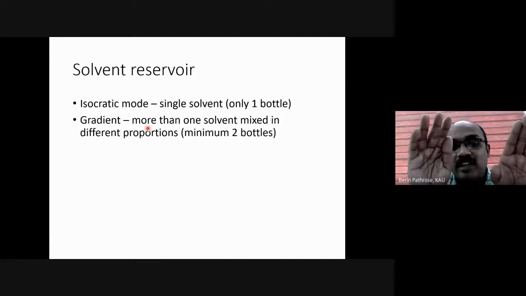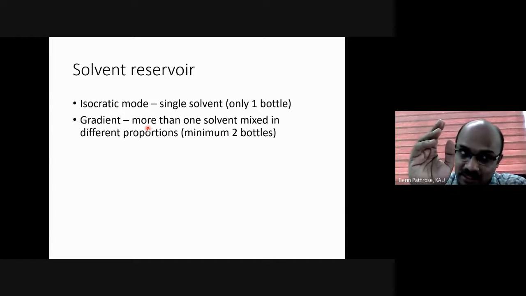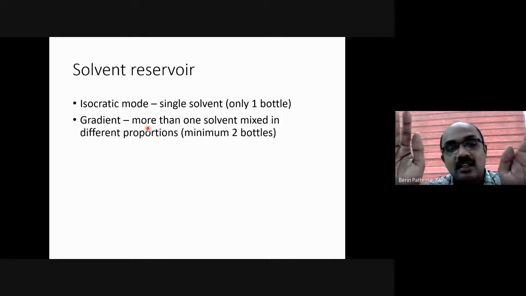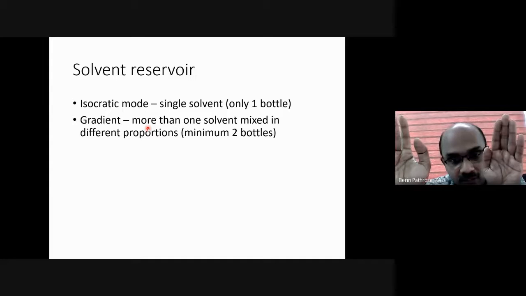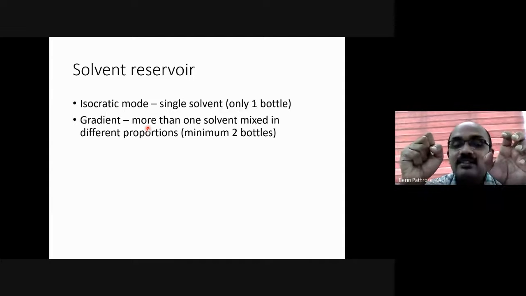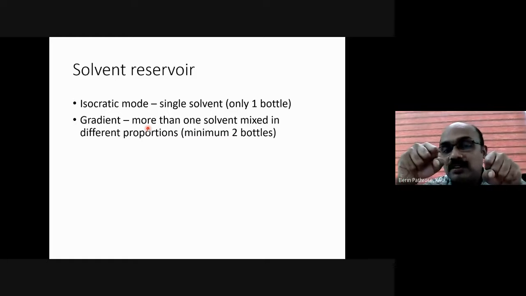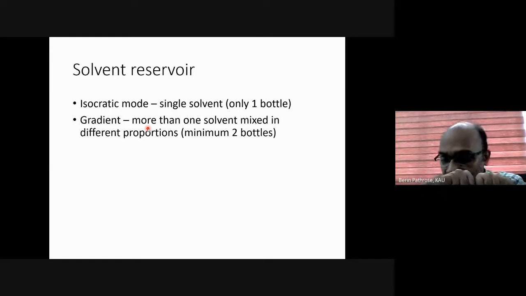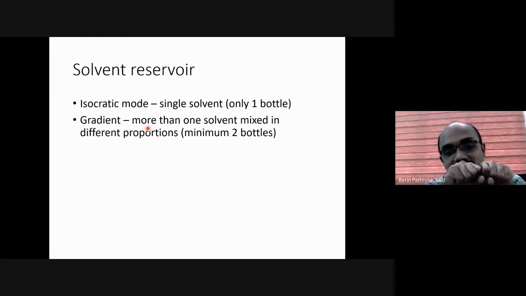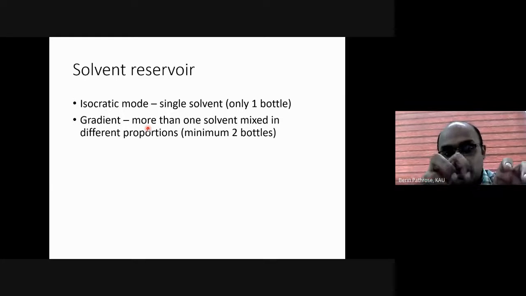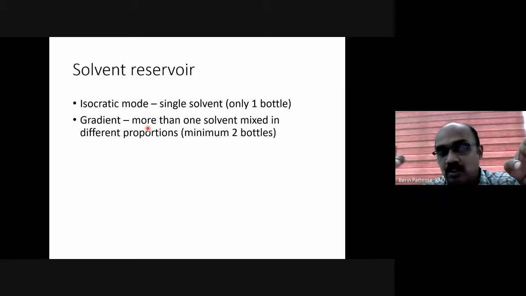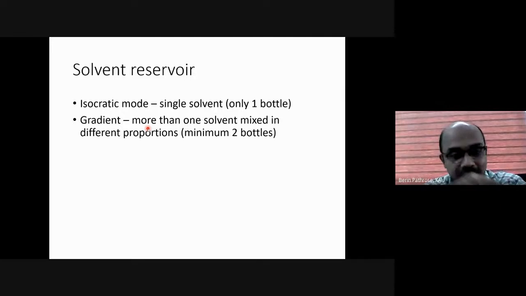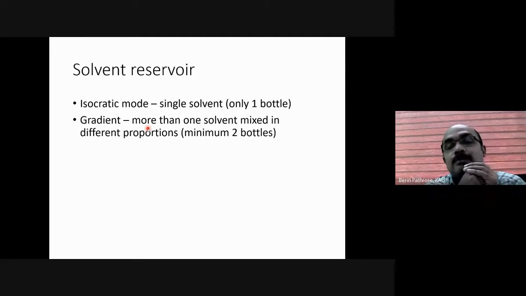In that case, after 5 minutes, both A as well as B will work. That means the pumps connected to reservoir A as well as B will work, but in such a way that 75% of the solvent will be from reservoir A and 25% will be from reservoir B. That means if 10 ml of solvent is flowing, 7.5 ml will be from A and 2.5 ml will be from B. It will be mixed in that proportion.